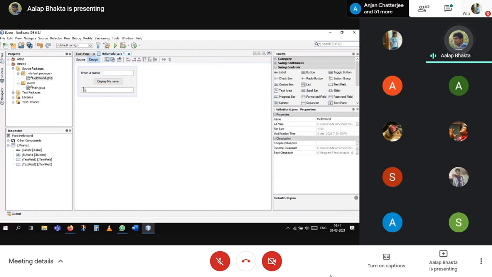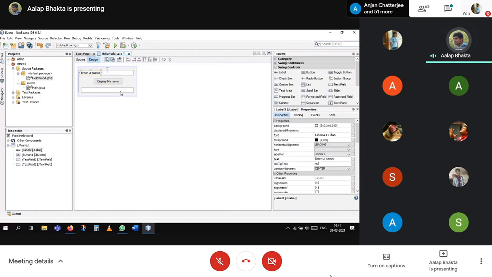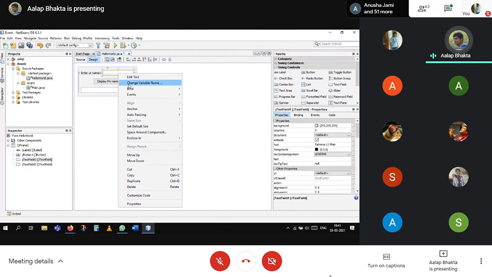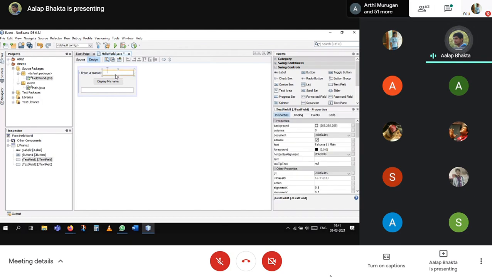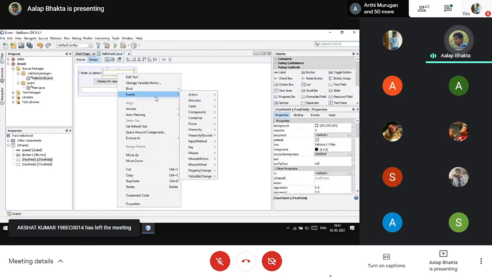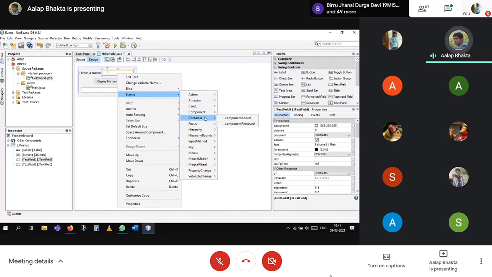What if I want to do an action like a typing event on this text field? You can right click over here and there's an events option. There are different types of events. Action is for a double click or a click on anything. Then there is a container event.